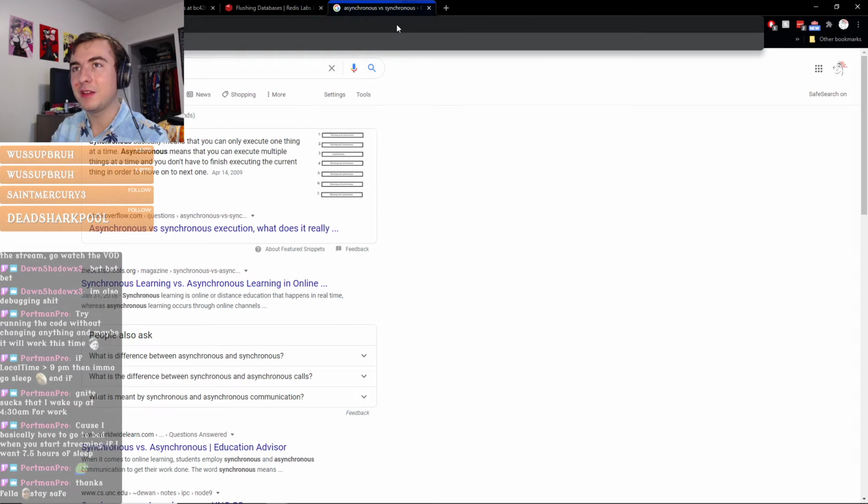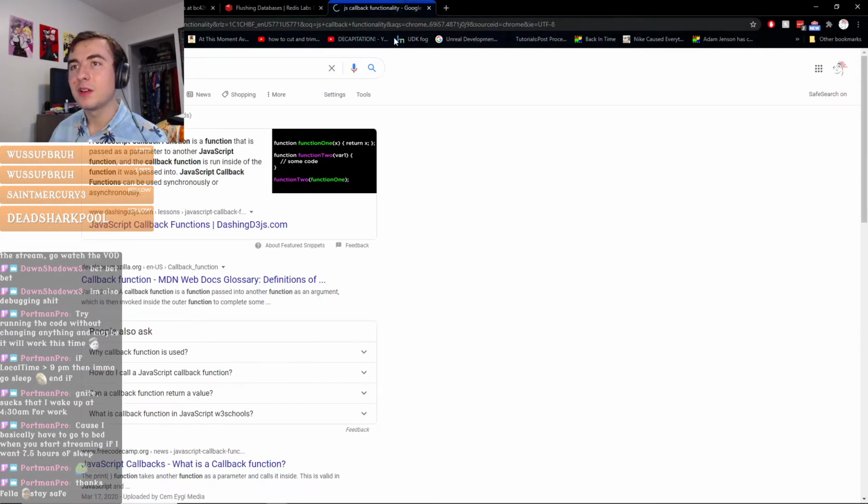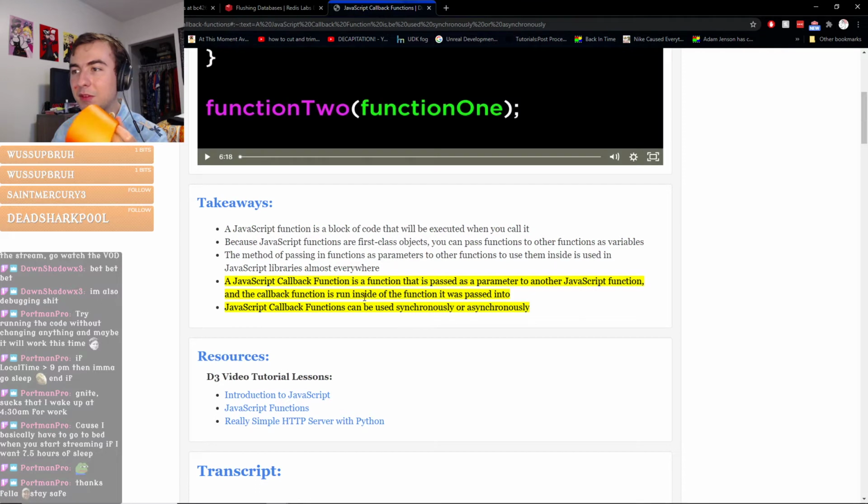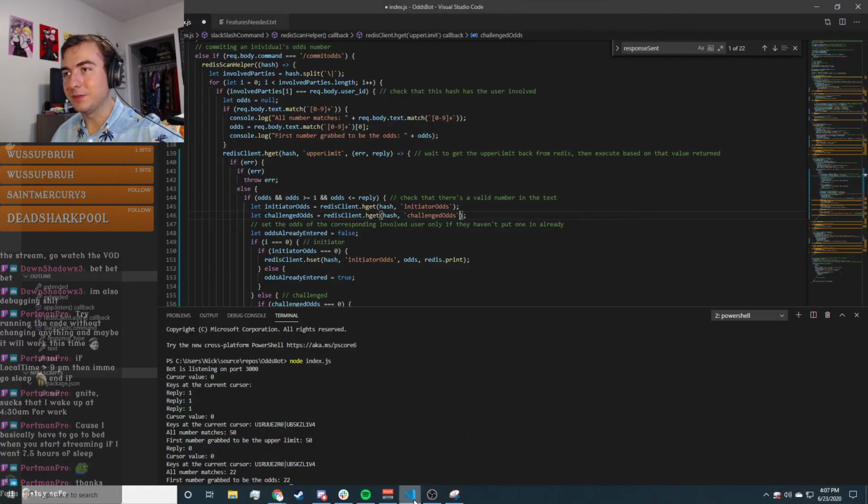JavaScript callback functionality. A JavaScript callback function is passed as a parameter to another JavaScript function. Yeah, so what I could do,